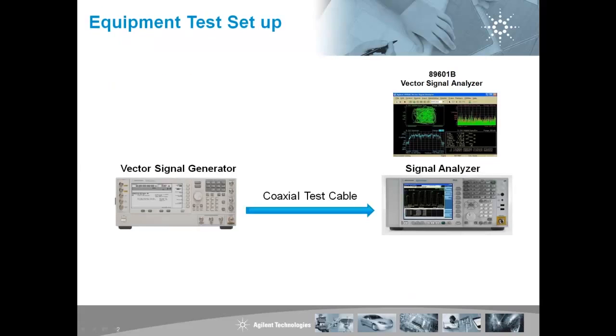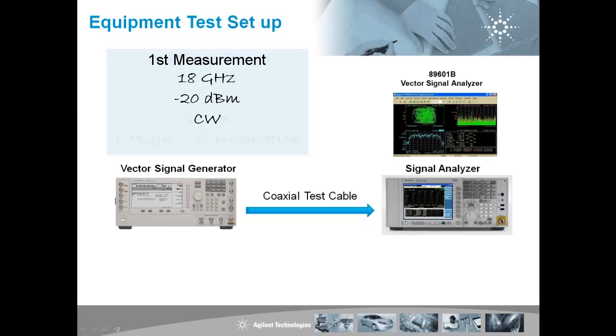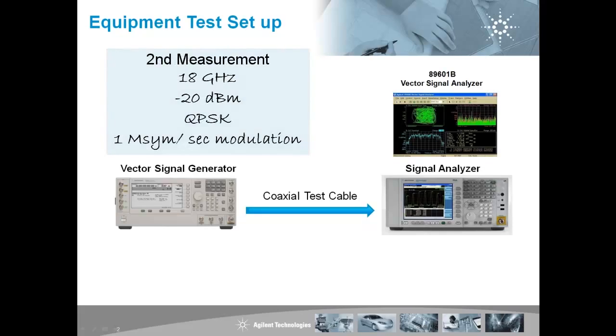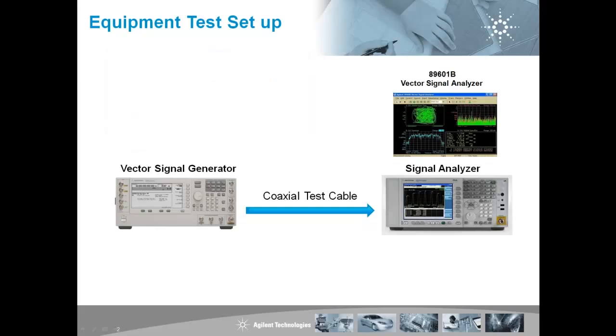For our test setup, we'll use a vector signal generator to create and transmit our signal. And let's make two measurements. The first on an 18 GHz CW signal with the output power set to -20 dBm. And second, let's set up a QPSK signal modulated at 1 megasymbol per second to measure the modulation quality of a wideband digital signal. We'll receive the signal using a signal analyzer and make our measurements using the 89601B vector